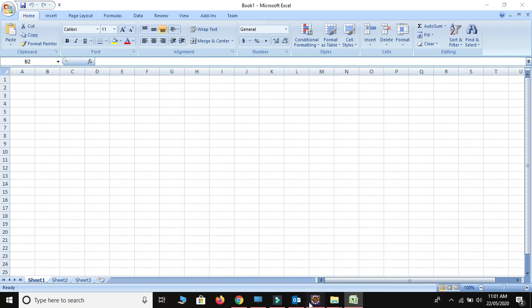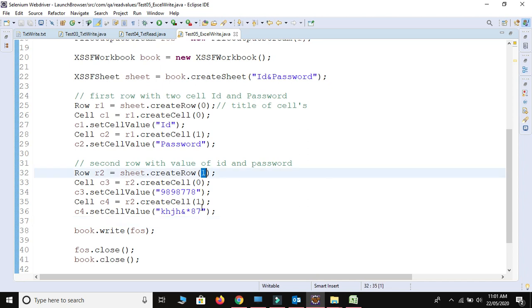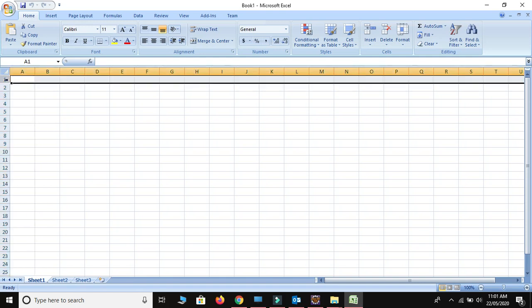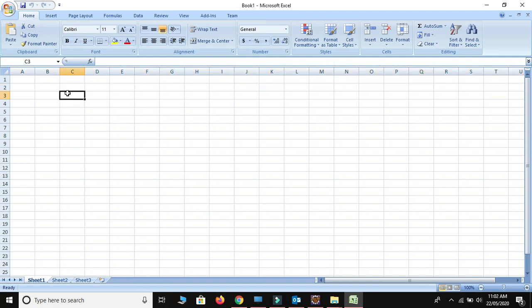First row and first cell. Control Shift F, Control Save. I will show you one more time. This is the first row, first cell at 0 index. Just count the rows: 0, 1, 2 and 3.